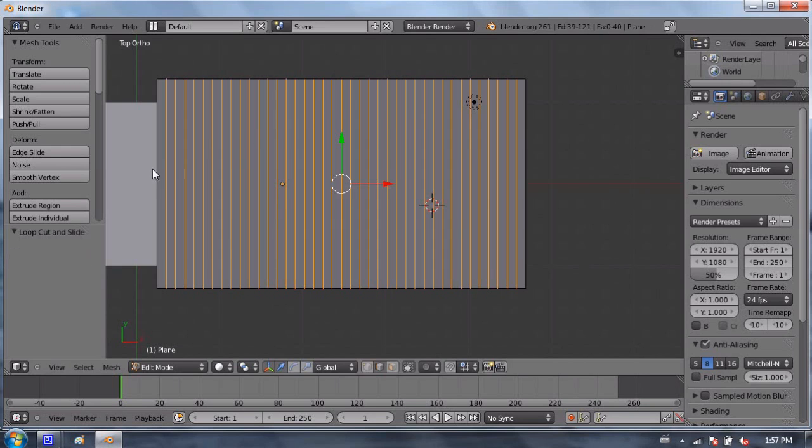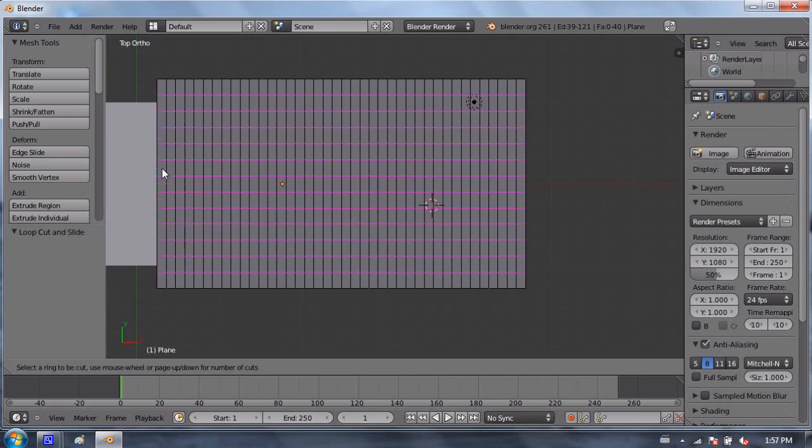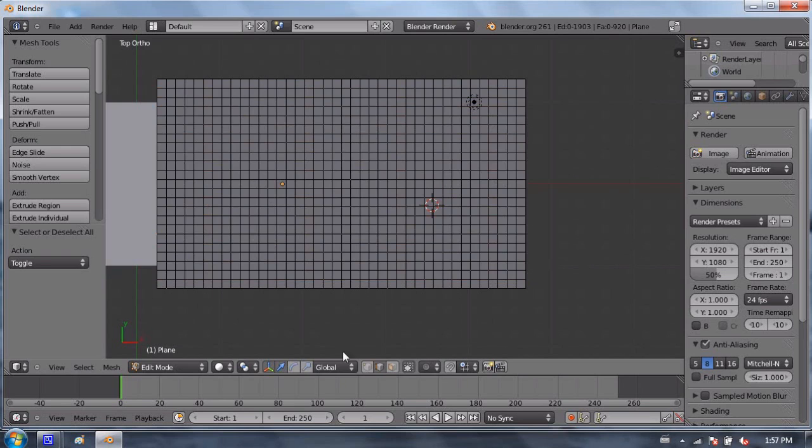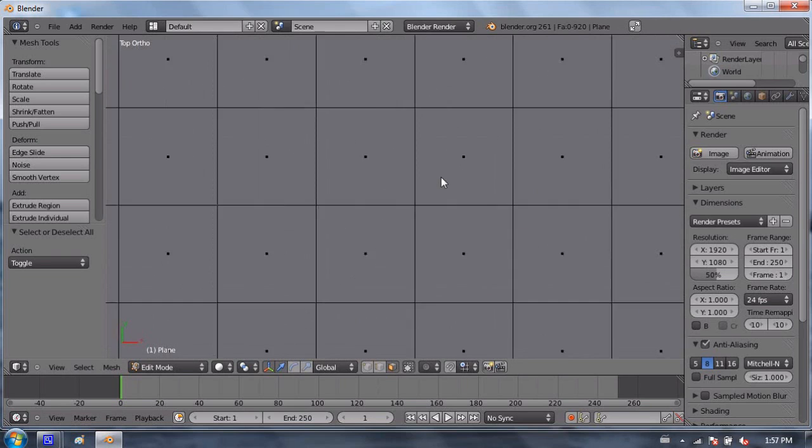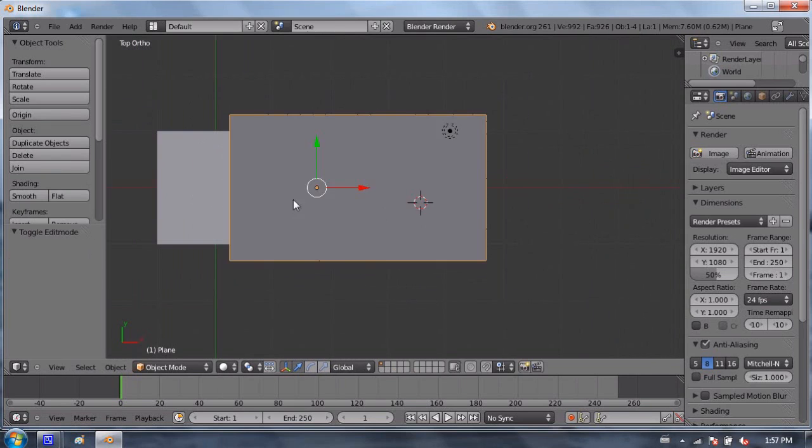Now we're going to do Control R again and scroll up again. I'm just going to eyeball it so that we have approximate squares. It's either going to be about that one or that one. I think that's just about right. Those look like little squares to me. So now, let's check that out. It's a little bit taller than it is wide, but that's okay. I'm not too concerned about that.